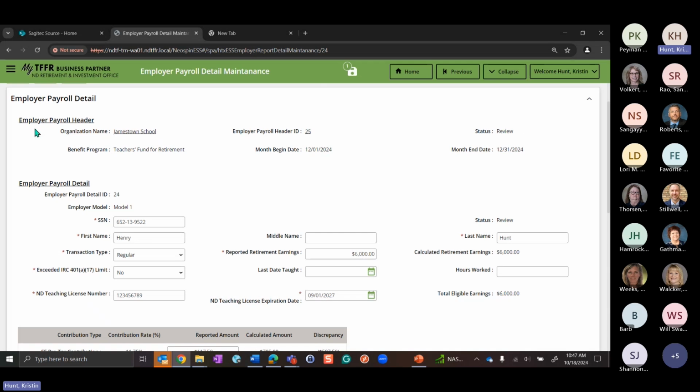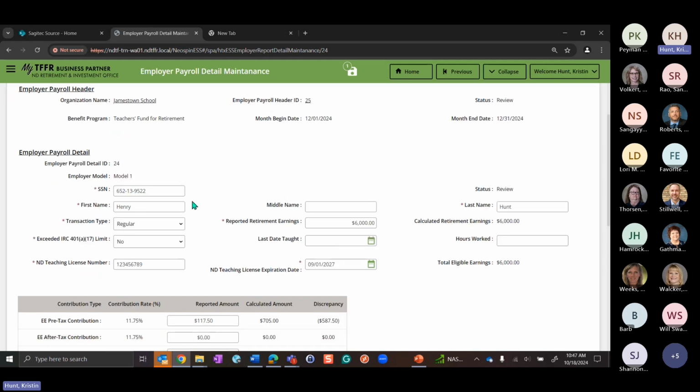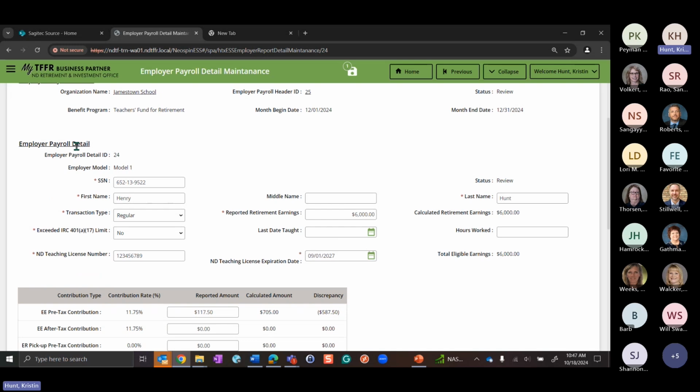We can see that it refers back to what header is associated with this detail record. So we can see it's payroll header ID 25, what the month begin and end date is. We can see that the header is in review, but we can also come down here and look at the payroll detail record in more detail.